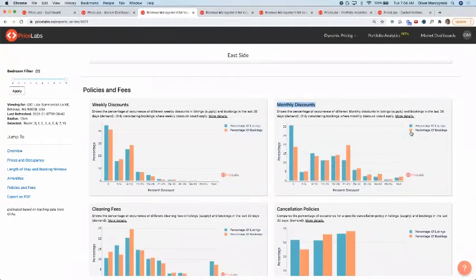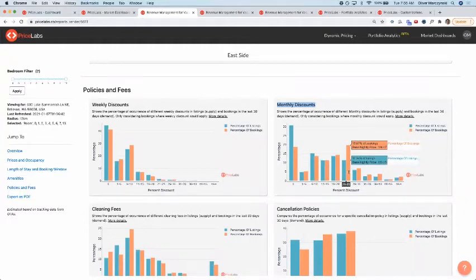The orange line here will be showing you what percentage of 30 plus day stay bookings were made for each of these discount types. So you can see as we get into these higher discounts, the orange line outpaces the blue line. So that's basically saying, hey, there's more demand for these longer stays with higher discounts here. And then if you hover over any of these columns, we'll show you the base nightly price that most people